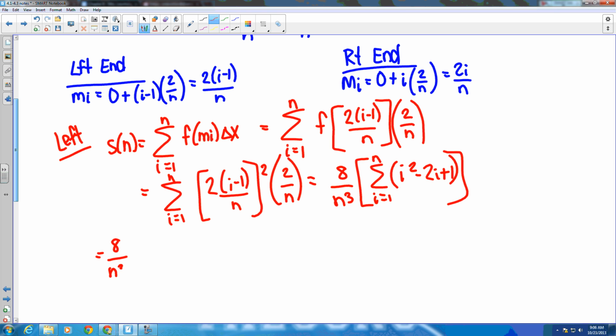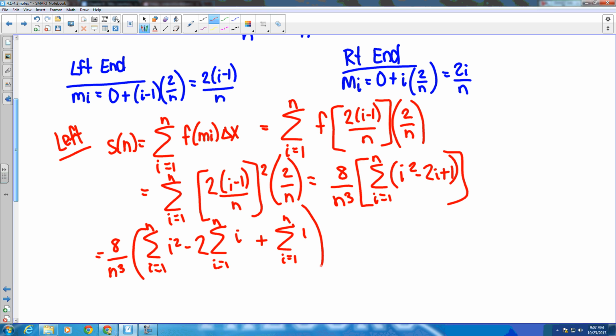So 8 over n cubed times the summation of i squared, minus 2 times the summation of i, plus the summation of 1. 8 over n cubed stays out front. And evaluating the whole thing,